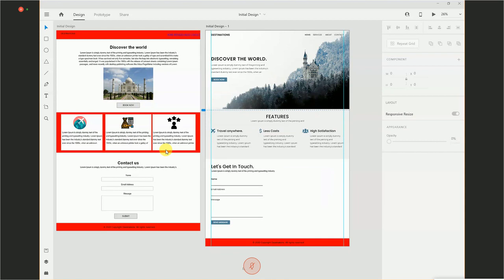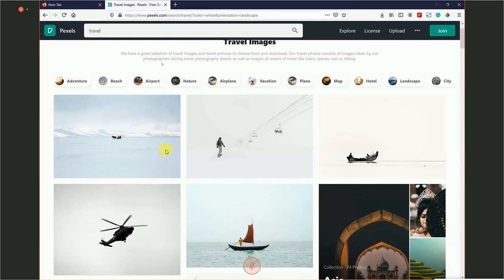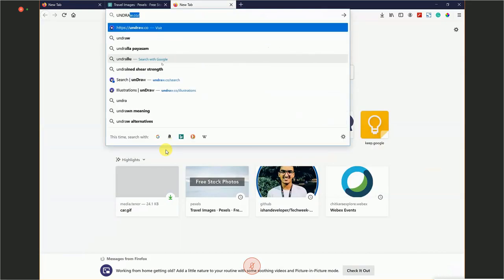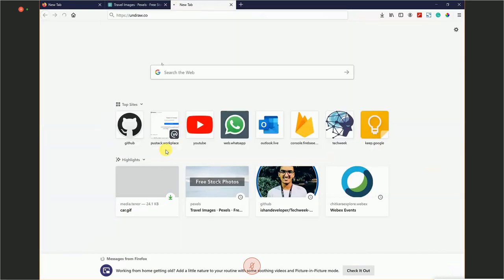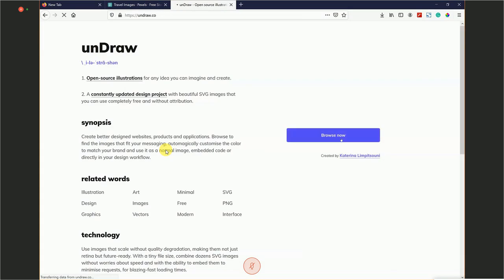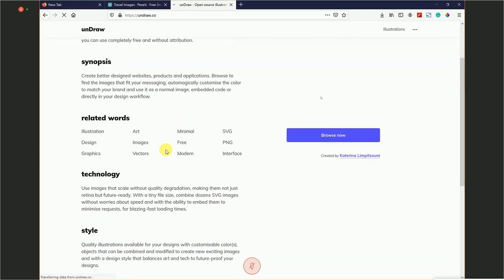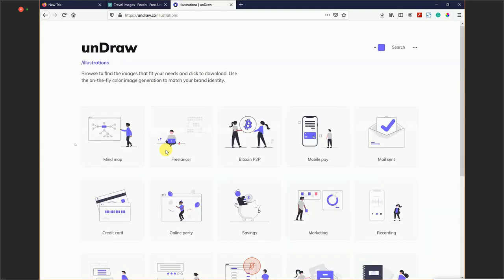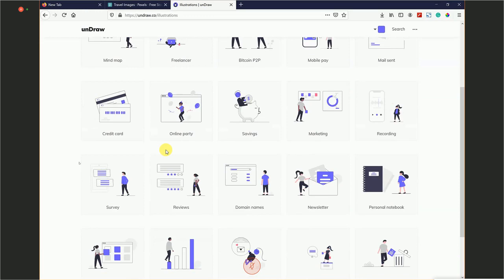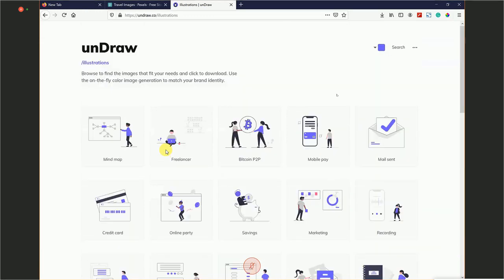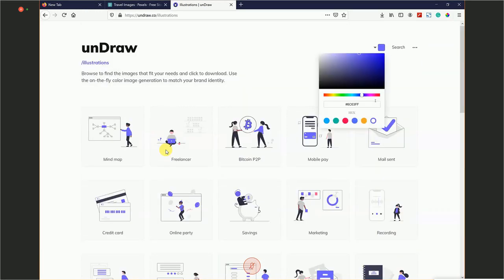One of the best places where you can find free illustrations, which I will recommend to you, is undraw.co. You can open this website and search for some illustrations. Okay, why is this not opening? Just give me a minute, right? Yeah, you can just search for any illustrations, and before you do that, just make sure that it matches